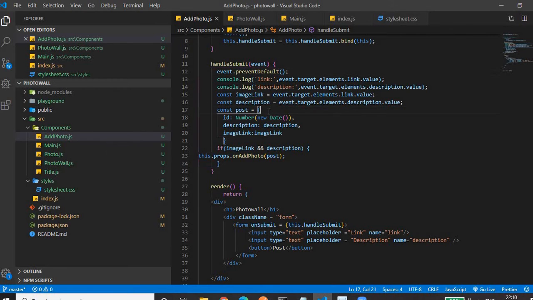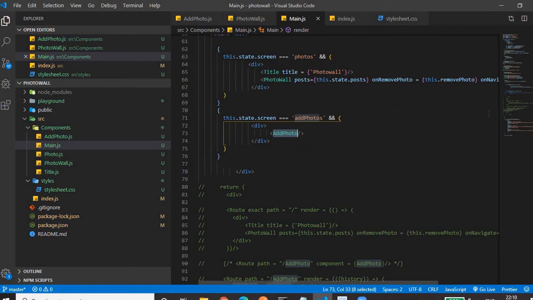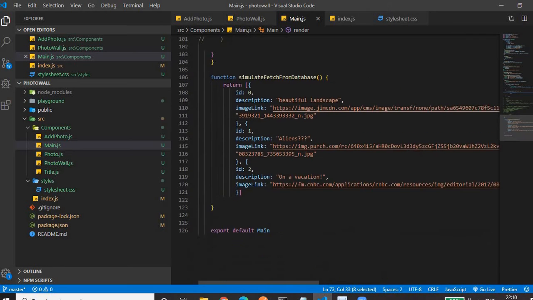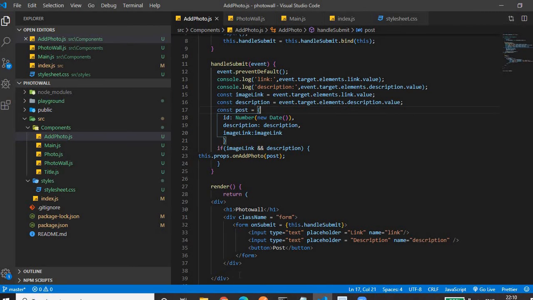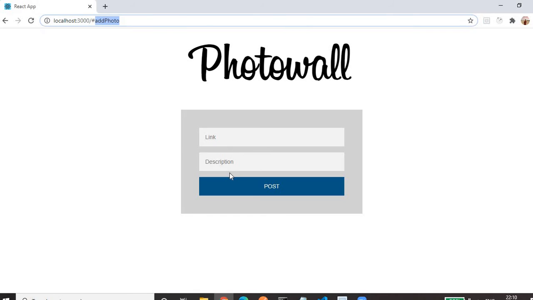Then what we are doing, we are creating an object. Why are we creating an object? Because in my previous tutorial we have seen that we are displaying the photos by iterating through this array of objects, and each object has an ID, description and image link. So that's why, in the add photo screen, we have a link and description.